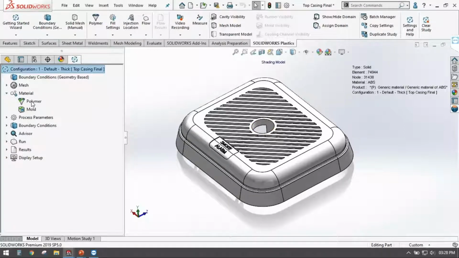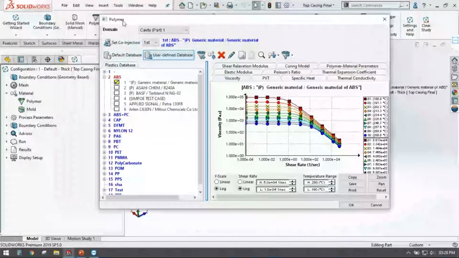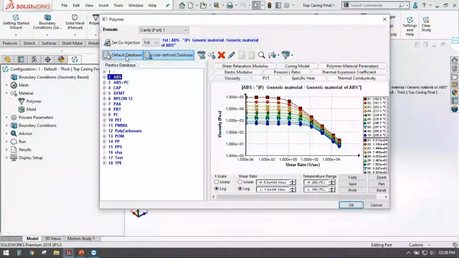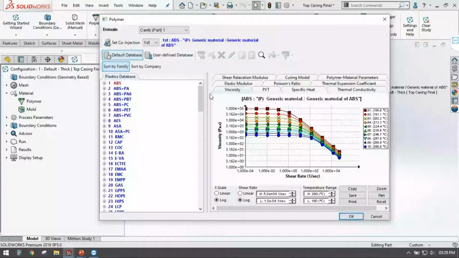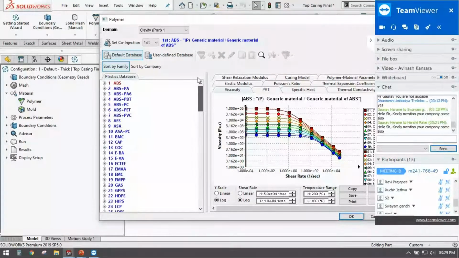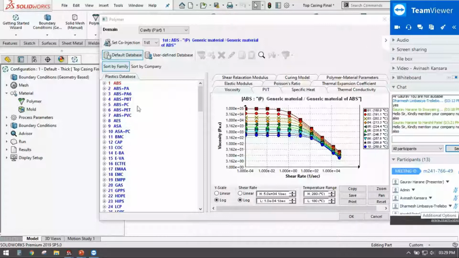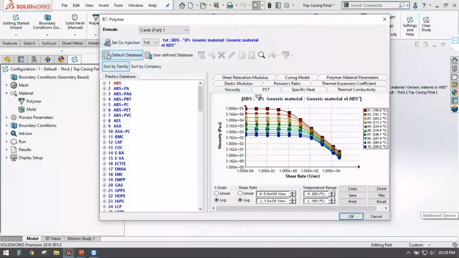So over here in this model we also have the material database of plastics, which is a dedicated database for polymers, in which you can bifurcate using different parameters. Like if you want to bifurcate your material using family, whether it is ABS or PP, etc., or any other material, right? So this is an inbuilt material library.